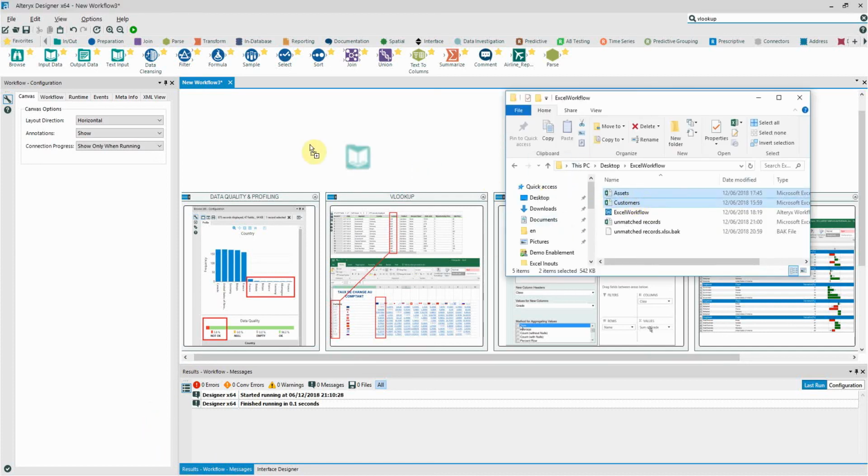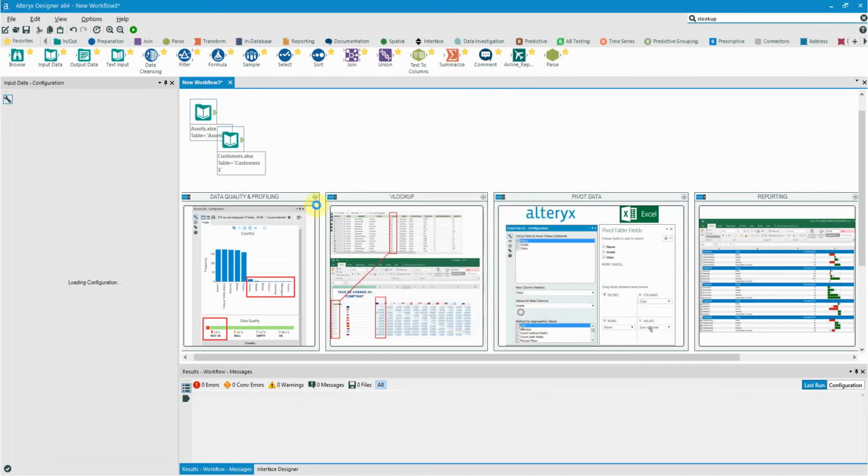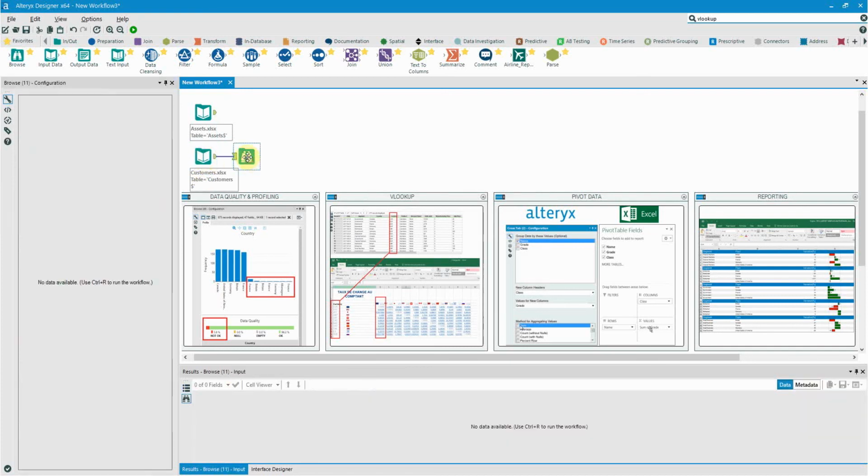To insert Excel assets into Alteryx, we can simply open File Explorer and drop them onto the Alteryx canvas. Dependent upon the file type, it's going to prompt you for a particular sheet. Now typically when working with data in Excel, it's very difficult to understand both the quality and profiling challenges you're